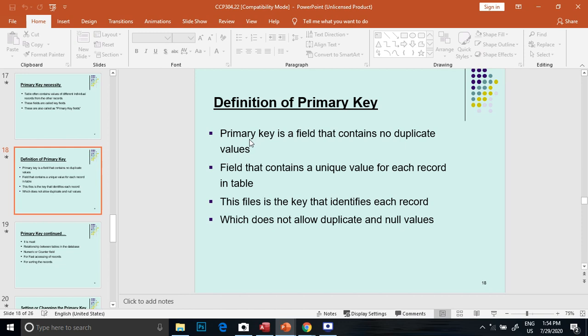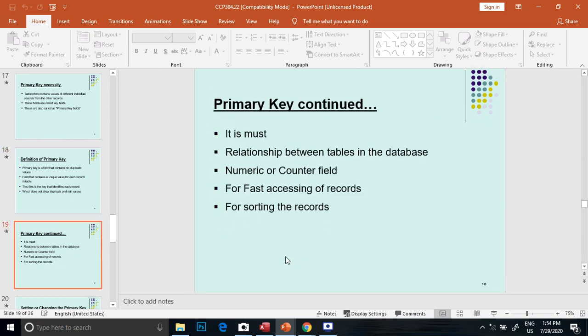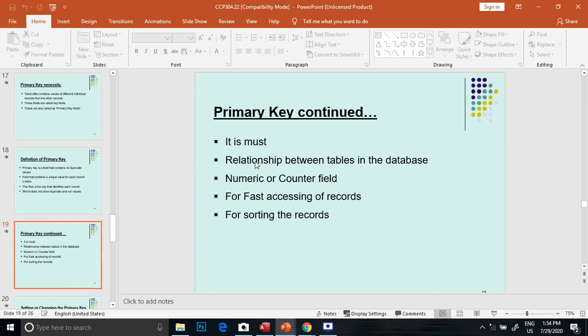A primary key is a field that contains no duplicate values, a unique value for each record in the table. This field is the key that identifies each record, which doesn't allow duplicate and null values. It is a must in the relationship between tables in the database, a numeric or counter field.